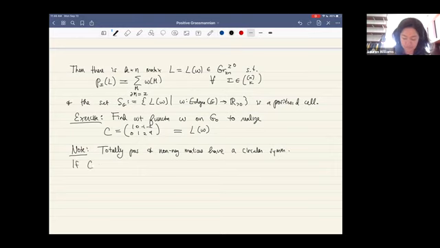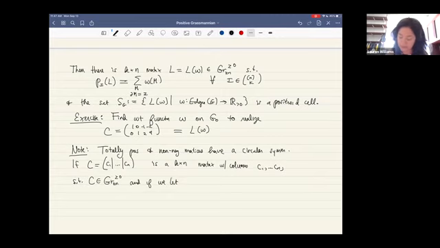So if C is a k by n matrix with columns C1 through Cn, such that this matrix represents a point in the positive Grassmannian,